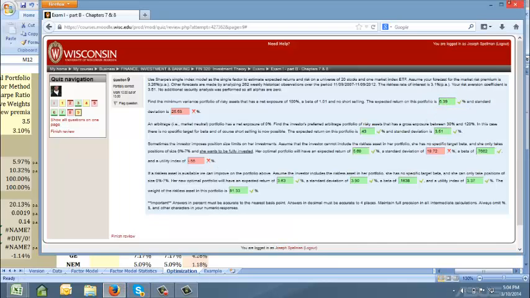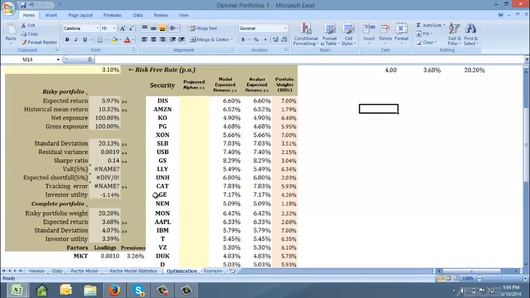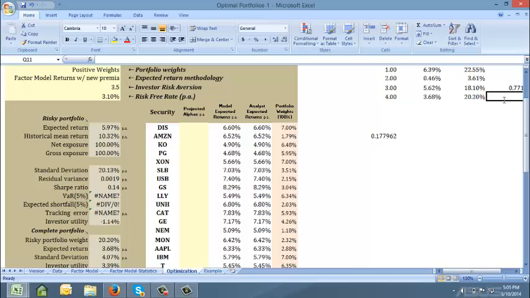And the beta, we have to solve beta. This is our beta for the whole portfolio, but we need to know what it is for just the risky asset. We need to multiply 0.8810 times the weight of the risky asset, 20.20. 0.177962 is our beta,